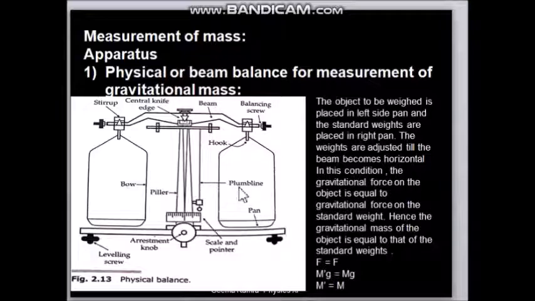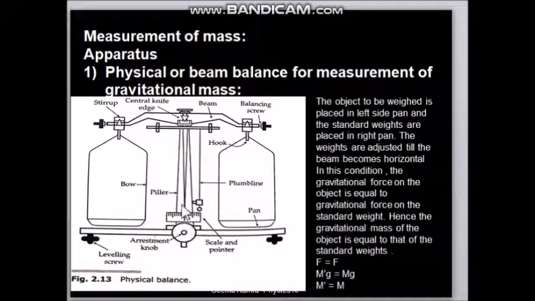There are two pans, left pan and right pan, and using this beam which is horizontal, these pans can come in the hanging position, and here in the middle one pointer is attached which will be running on this scale. The scale's 0 is just in between. When the mass kept here and here becomes same, that time the pointer shows 0. So we will be performing this experiment in the lab also.